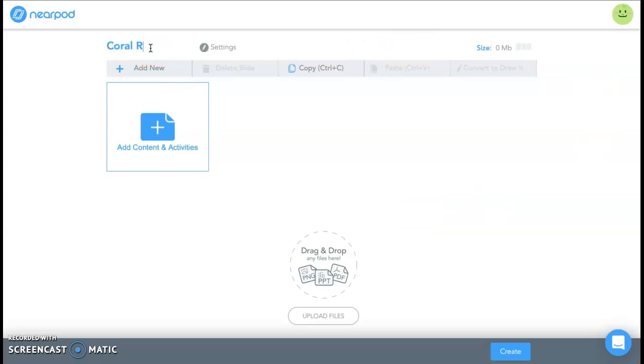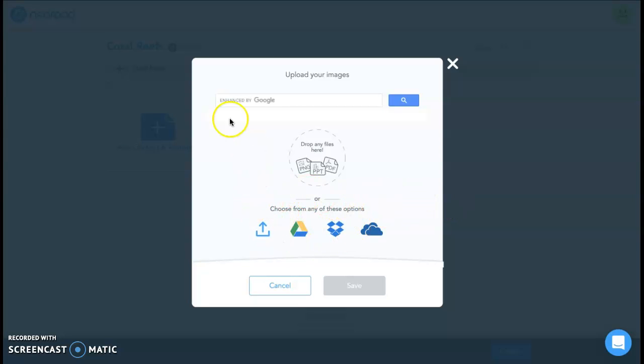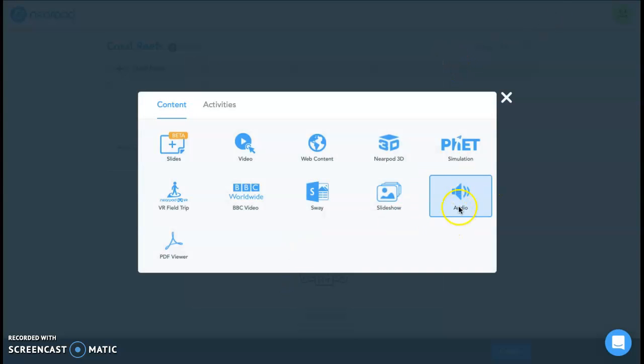And that's mainly because I would like to show you all that Nearpod has to offer in regards to virtual reality field trips, because I think that's one of the best things that this has to offer. So I can press here to create content, and I can start off by creating a slideshow and embedding it in here. So if you have a slideshow that you already like, you can add it right in. So you can press on your drive and it will take you there and you can add it. You can also add a PowerPoint or upload a different file. You can also embed audio, different PDFs,